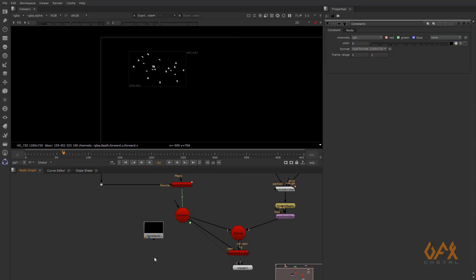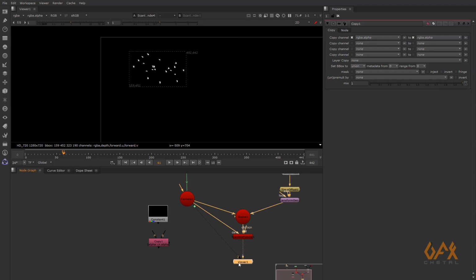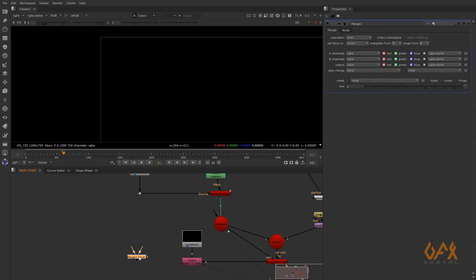Now I just copy a node by pressing K. I call this ScanlineRender as my input A and this is my B. So now you have this black background with this as alpha. Now you just need to merge these things, like this as background, this as foreground.